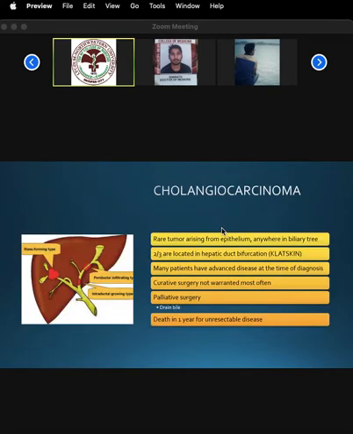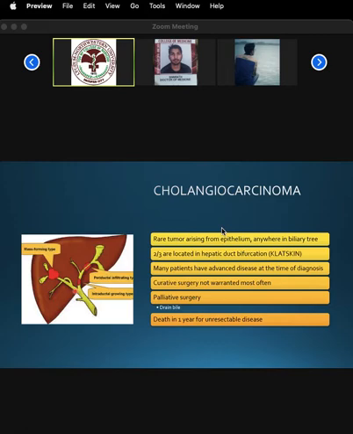So cholangiocarcinoma. Cholangiocarcinoma is a rare tumor arising from the epithelium anywhere in the biliary tree. Two-thirds of these lesions are located in the hepatic duct bifurcation, and we call these tumors your Klatskin tumor. No? More commonly, along this area. Okay,